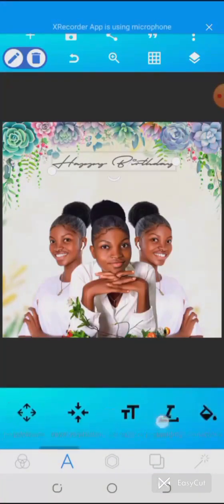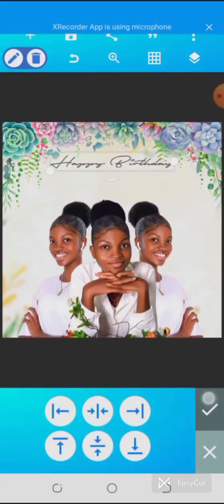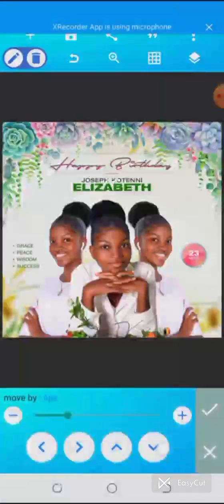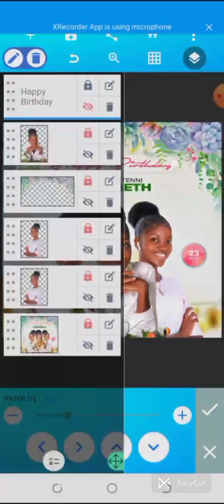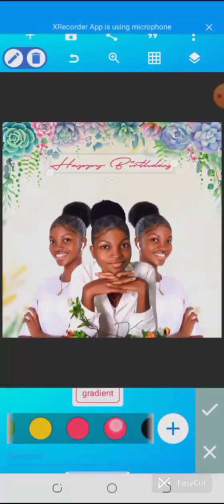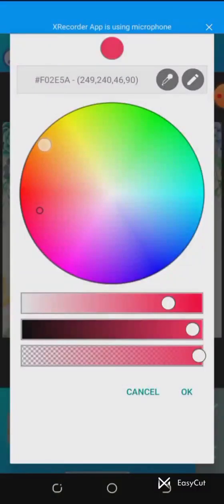All right, so just bring it to the middle, and then okay, so let's confirm. Okay, I have to bring it down a bit. All right, so we're good to go. So the color is this shade of pink. Now here's the color code,